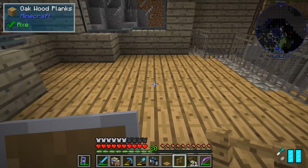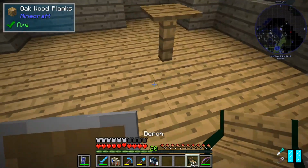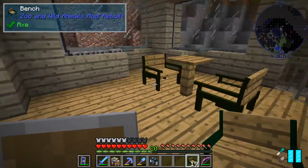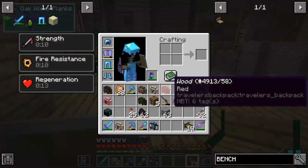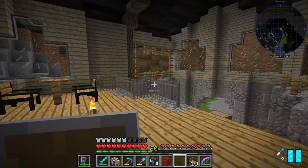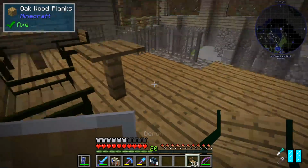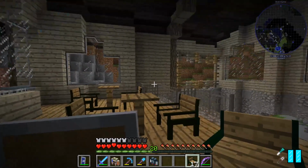So we're going to probably slap down something like right here as a table, and then we'll plop down a couple of chairs next to it like that, and that'll give people a little resting area. Now I actually do have room for one more of these things. Can I whip up one more real fast? Alright, just like this right here. Bam, and bam. So there's enough room for a couple of tables up here, just for people to sit, relax,